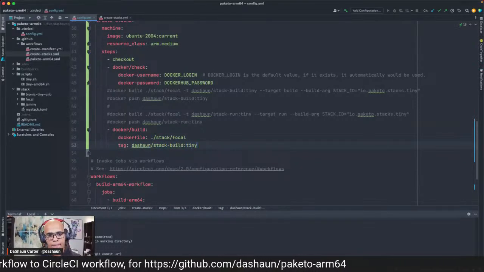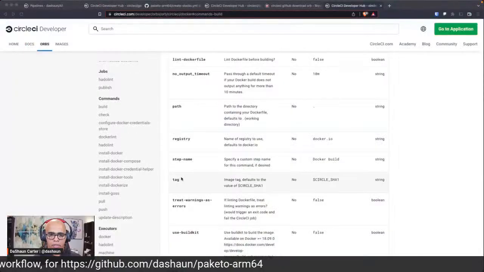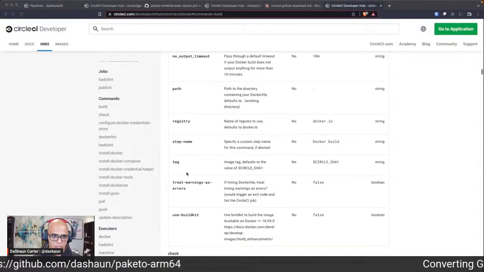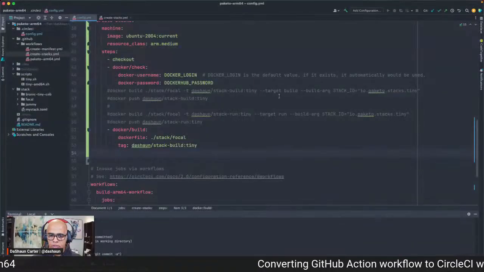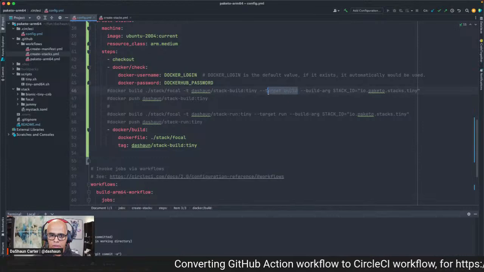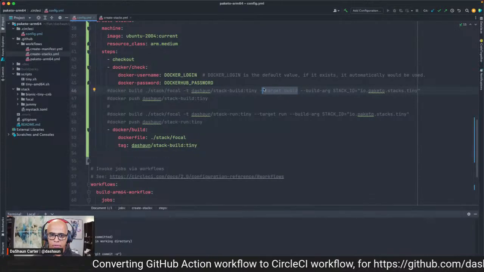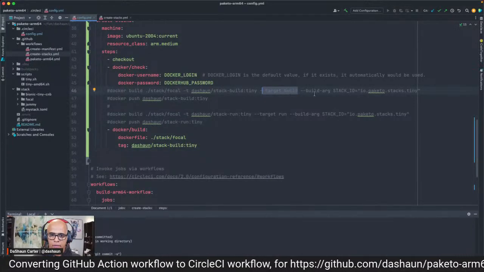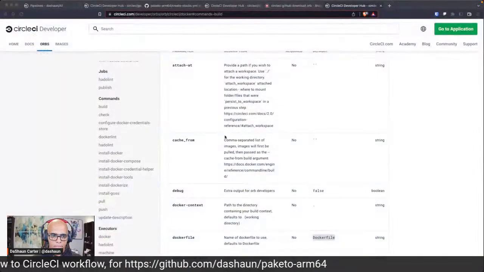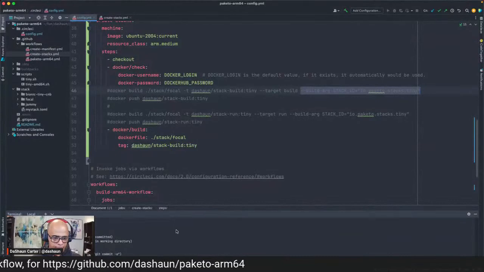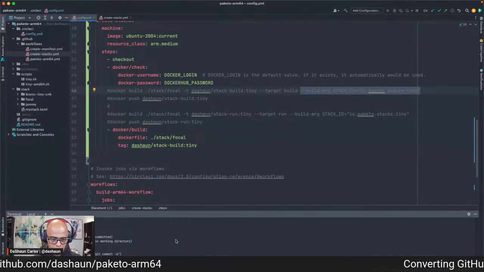Tiny, target. What does that mean? Target build. I said docker build target build, and then I have a build arg. So let's take a look here. If I do docker help,